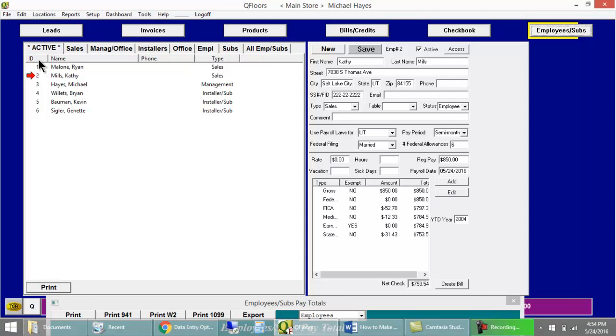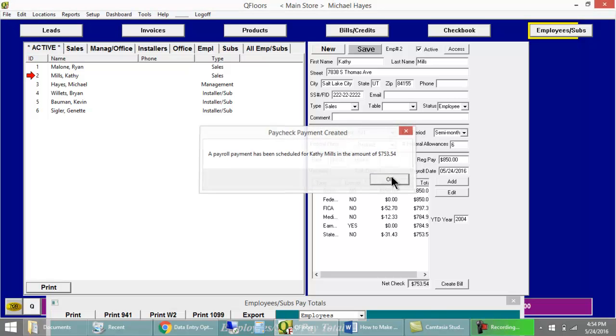You will enter payroll through the employees subscreen by clicking on your employees that will be paid and hitting create bill. Well, this employee has a $1,000 salary with the corresponding deductions. So to create the check, you hit create bill here, and it will give you a message that it has been created. Click on your next employee, create bill there,